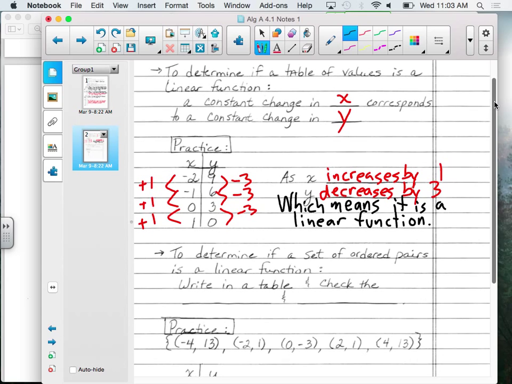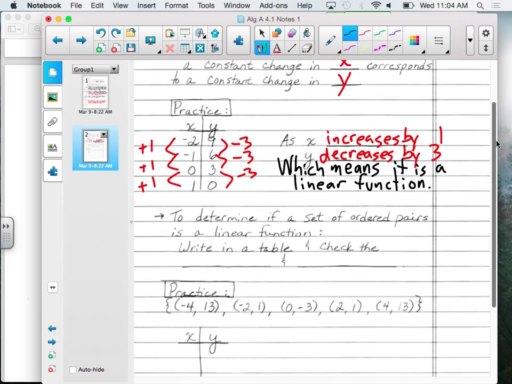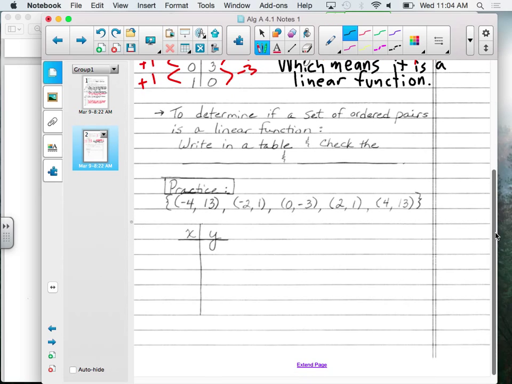All right. Is everyone good with this so far? All right, last thing for our notes today, we'll be determining if a set of ordered pairs is